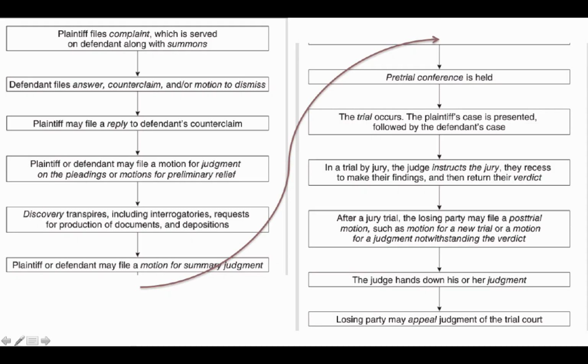Figure 2.4 from the book shows the steps in the litigation process. The rules that govern these proceedings are called the rules of civil procedure. It is worth noting that the procedures in civil and criminal cases are quite similar, with the exception of the pretrial release of the defendant and sentencing aspects of criminal cases.